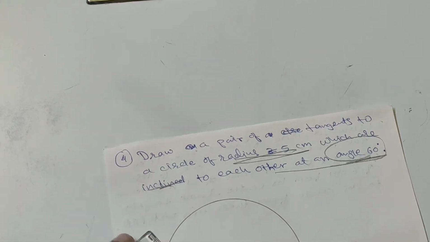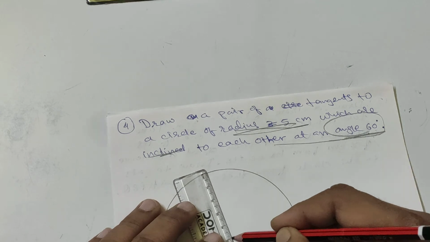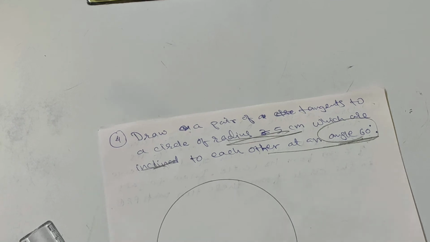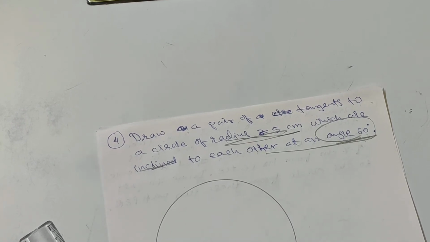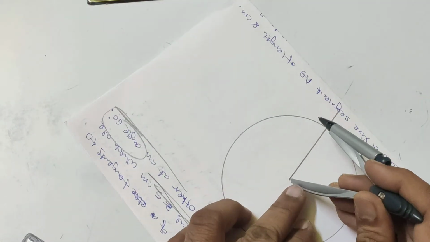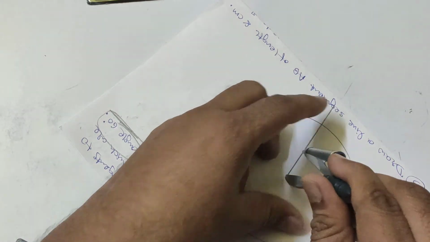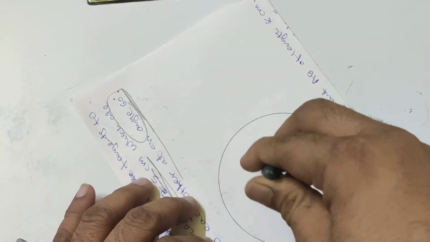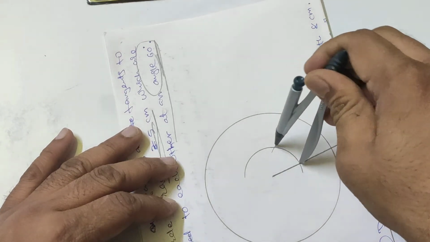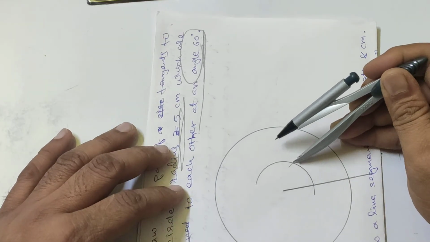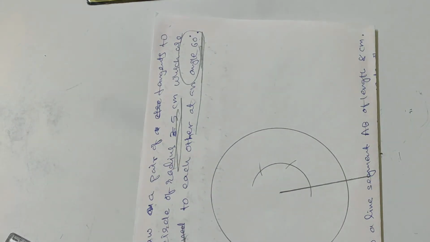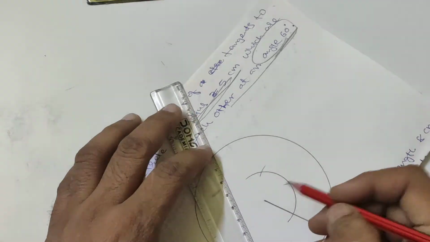Now draw any radius at any point on the circle. This is my first radius. I have extended it intentionally. Now draw another radius but making 120 degree. So you have to make 120 degree with this angle. So how to draw 120? 60 plus 60, you know that. So take an arbitrary radius and draw an arc. Keeping the same radius, you draw one more arc which will give you 60 degree. Again from that 60 degree you go ahead another 60 degree. That 60 plus 60 will give you an angle of 120 degree.